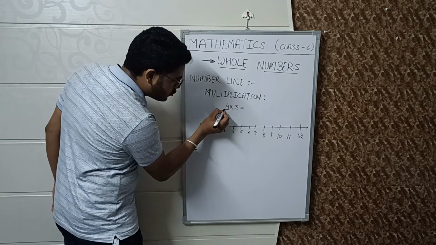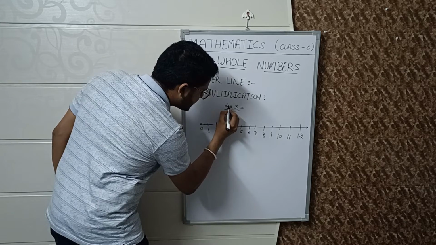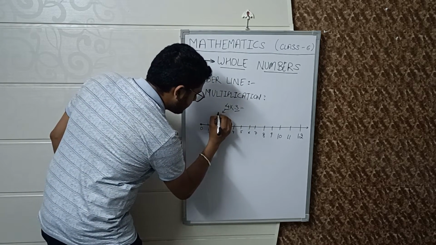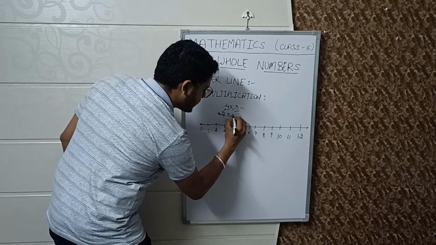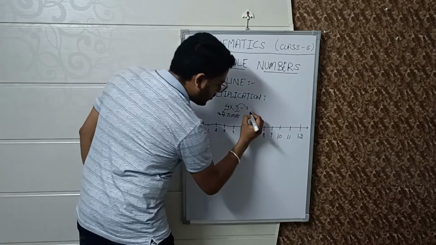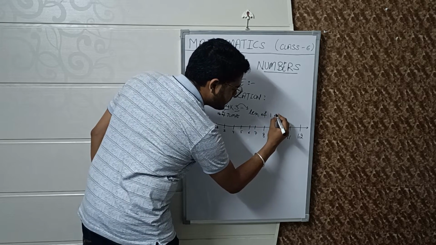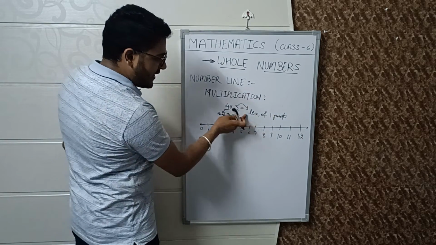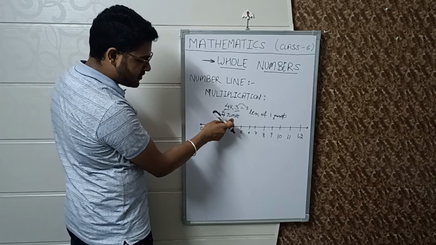So we have two numbers, one is 4 and one is 3, right? You can consider 4 as number of jumps, and 3 is length of one jump, right? Okay, length of one jump we have considered 3, okay,